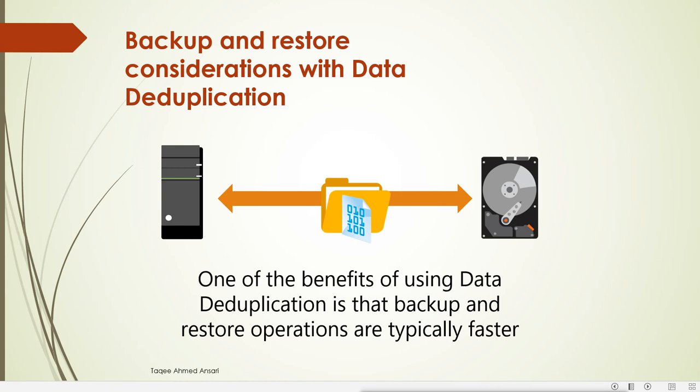Now when we take a backup, what does it mean? Keeping the data in a secure place. So we save a copy of the data into a secure place. Where we copy this data, we save it on some other hard disk. On those volumes we can run data deduplication to save space. So in a small space, less space, we can store lots of backup files. This can save us a lot of space, and it can help us save a lot of backup files on the same volume.